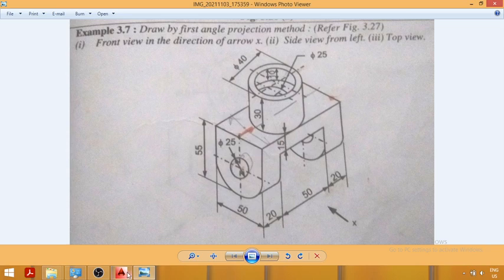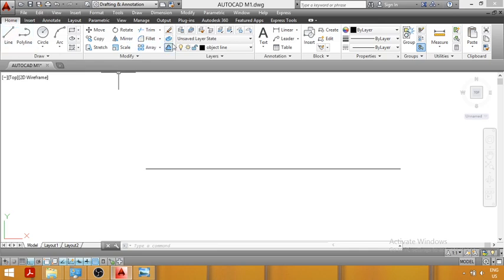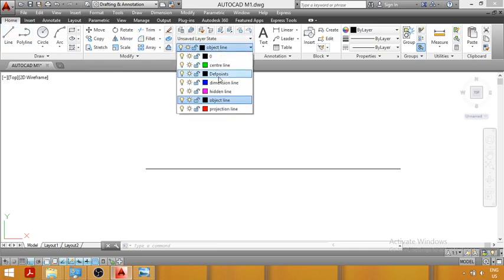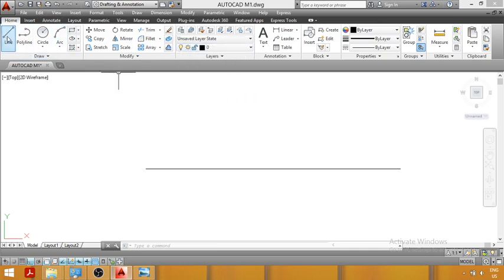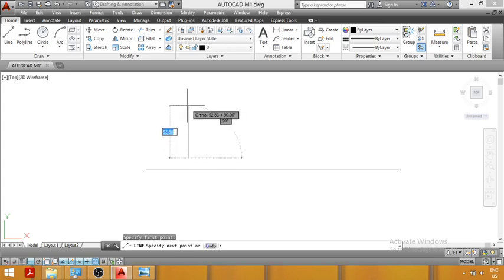Now we will draw first a vertical line of height 55 mm. First draw the XY line, then select a suitable point above it, and from this point draw a vertical line of height 55 mm.